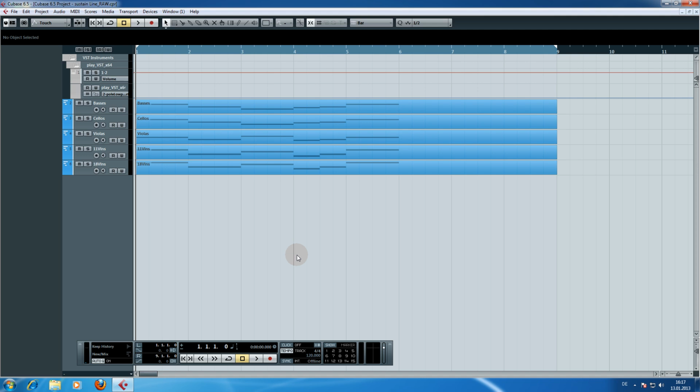My name is Lars Eichstädt, and in this tutorial video I will show you how to create a sustain line in the strings. So, how to make a sustain line in the strings sound realistic. This is the first video of the tutorial series on East-West Quantum Leap Symphonic Orchestra,